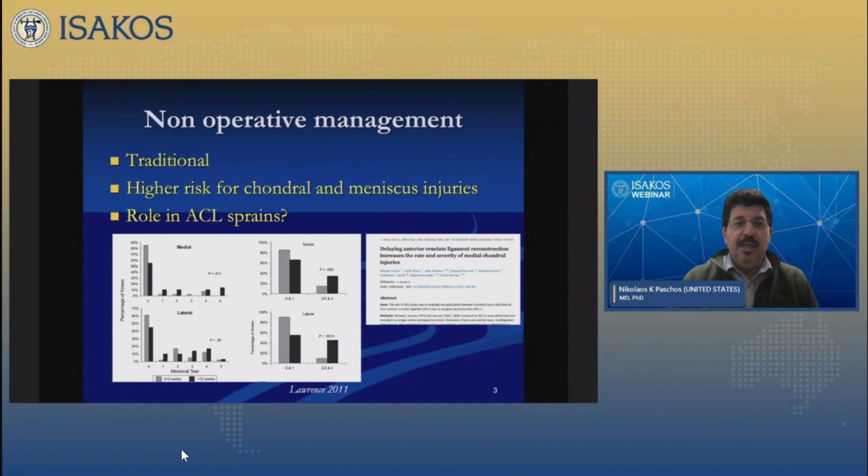And one point that I want to make is that you shouldn't let the technicality or the hard things that you may hear in the next few minutes as I describe the techniques make you believe that it's okay to either treat these patients conservatively or to delay their care, because, as Matt pointed out, cartilage and meniscus injury are happening, and it is a very, very serious complication that can happen after an ACL deficient knee.